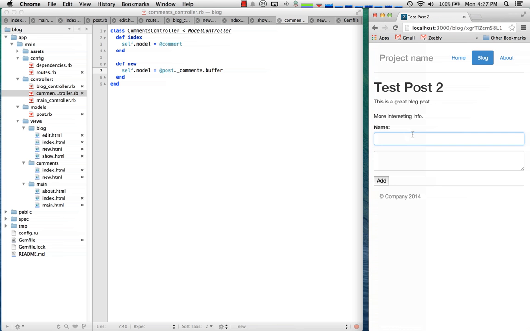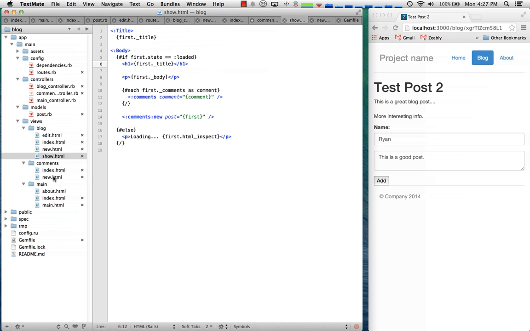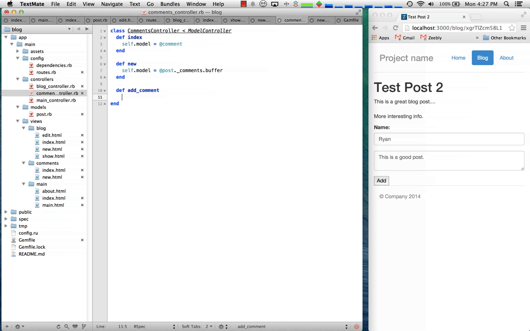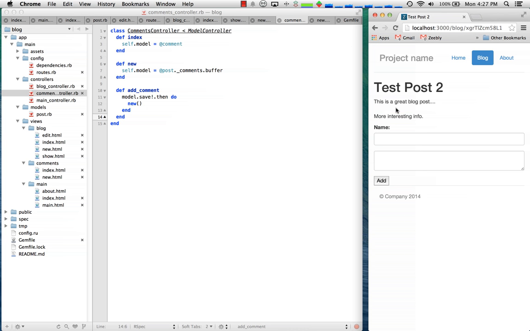So now when we hit save, there's also an add comment method. If you look in the new form, it calls add comment on comment controller. So what that does is we can say model.save, and if that passes, then we can call the new method again, which sets up another one. And close it. Okay, so now